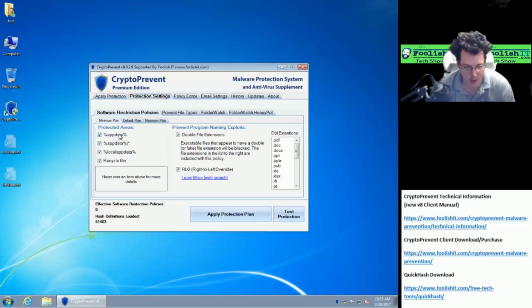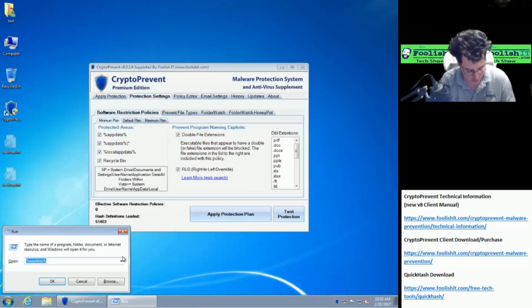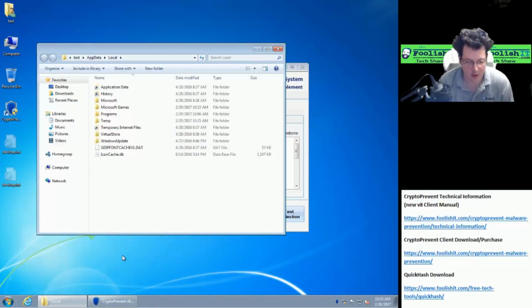So our minimum plan protects against app data and app data /*. What that means is that it protects against these same locations that's in app data, which we saw as the app data roaming folder. And then this protects against all of the subfolders that are one level deep in app data. Next is our local app data, which we'll check that one out here. And we can see that protects against our app data local, so the root of this folder will be protected against